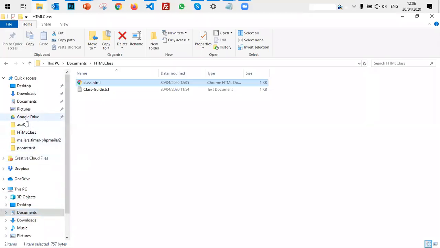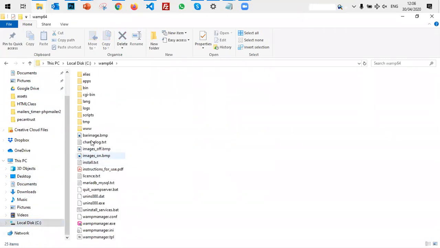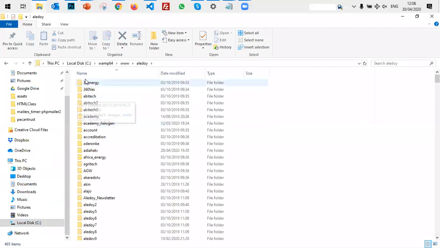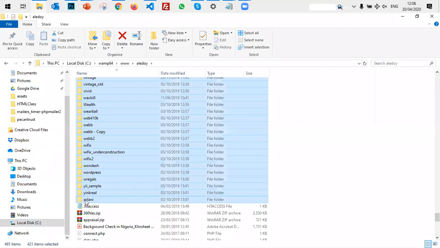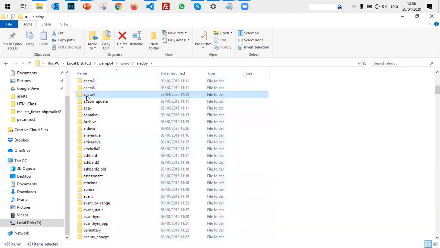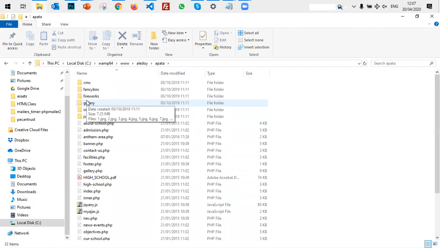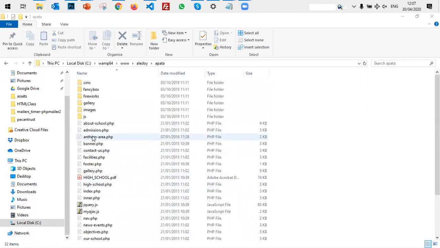Comment is used generally in programming languages, and sometimes I might be working on a website that I've worked on a long time ago. So this is Aledoy. This is a folder. This folder has all the websites I've worked on, at least for the period of like 5 or 6 years. This is about 421 projects. Now, if I go to this Akpata is a school. I designed their website a long time ago, and for some reason they call me that their website is down. They need to really upload it, or they need to make some corrections. And I opened the website,